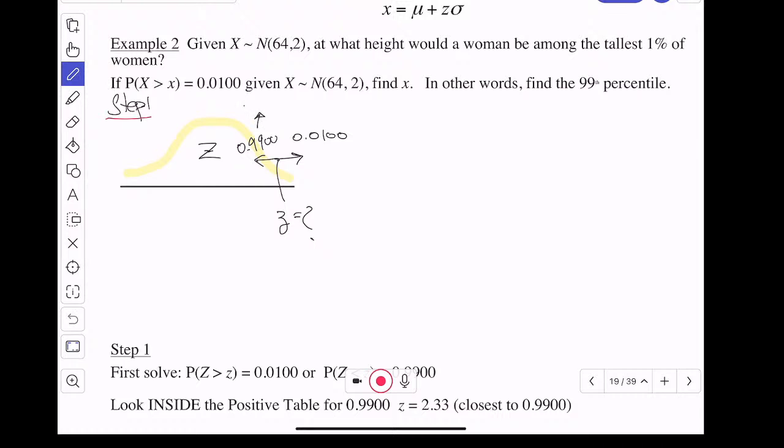So this on the positive table, or this one on the negative table. And then you have to change the sign of Z. I use a script C for lowercase. So let's do both. We'll begin with the positive table. So looking for that number in the positive table,